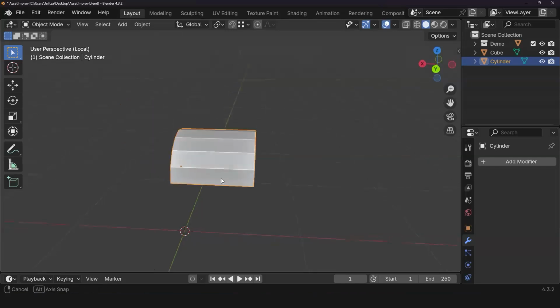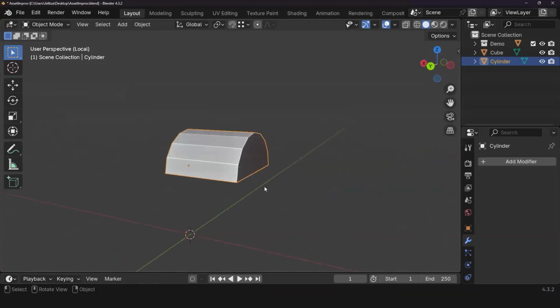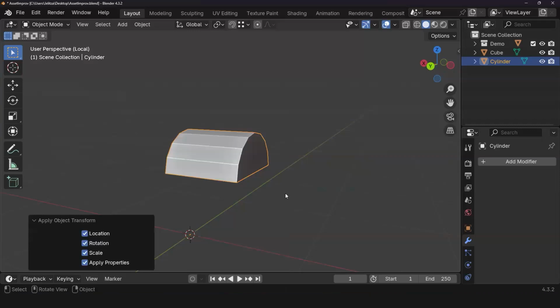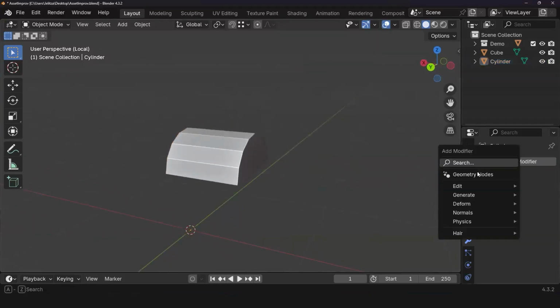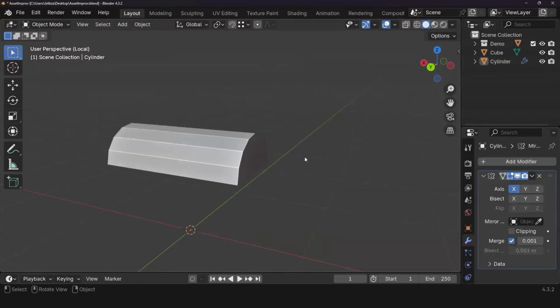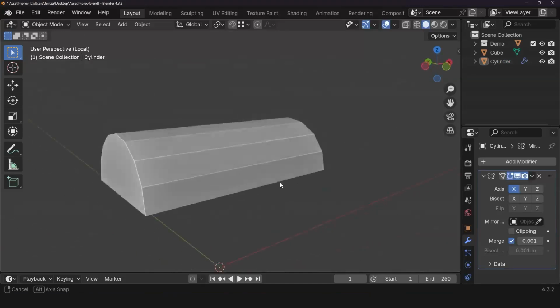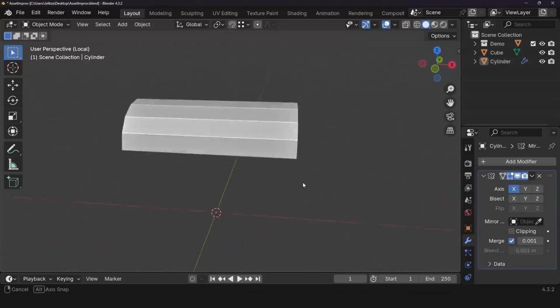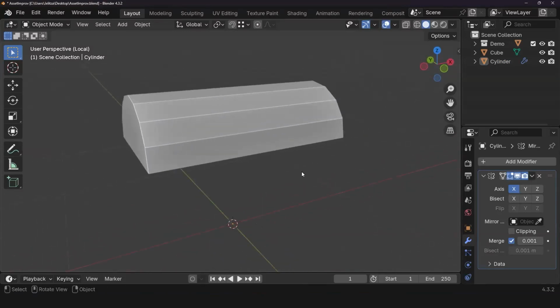So I'm going to do Control Z. Now that I have the 90-degree angle, I'm going to do Control A and freeze all transforms. Now if I were to apply that modifier, it should work. And there you go, it works. Definitely keep that in mind. Applying those transforms is super, super important.